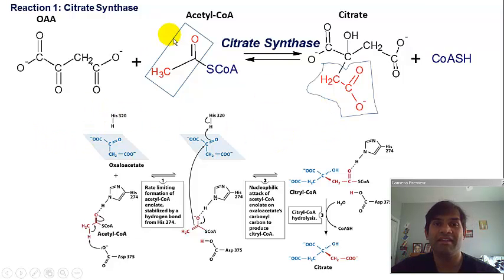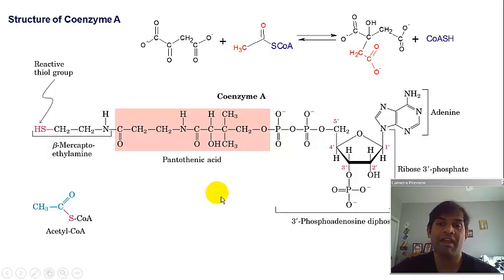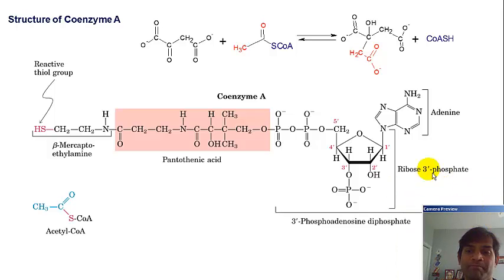Here you can see the carbons from CH3 and C double bond O going into this carbon here of citrate. Just as a reminder, here is the structure of coenzyme A. This is the first reaction of the TCA cycle, but you can see here that the coenzyme A actually is a very complicated molecule. And really all these carbon atoms that are essentially going to be transferred are going to be conjugated to this